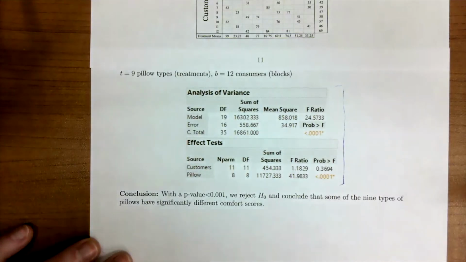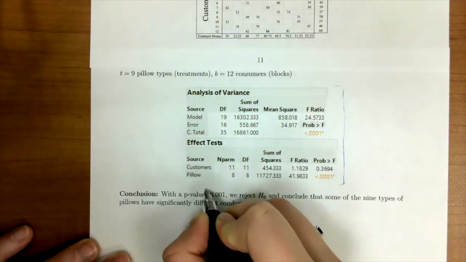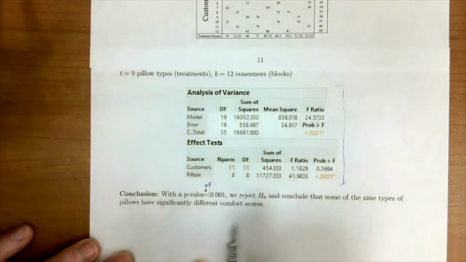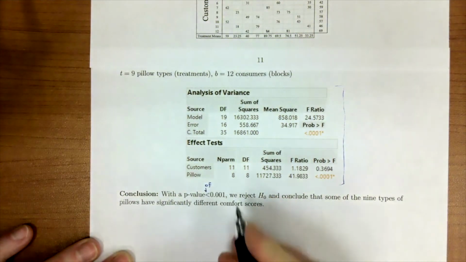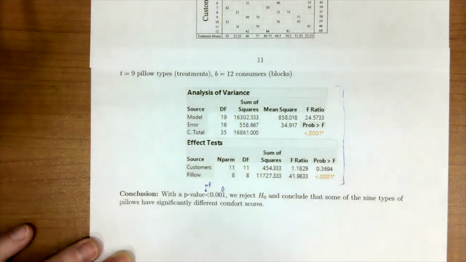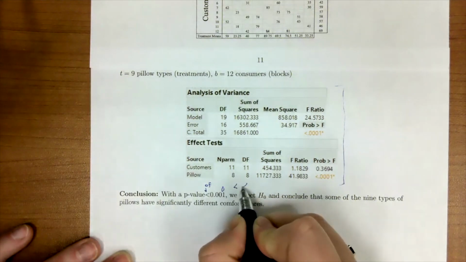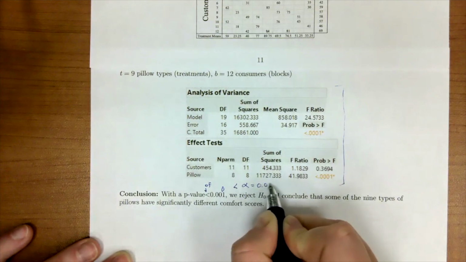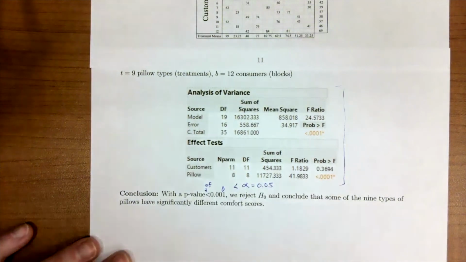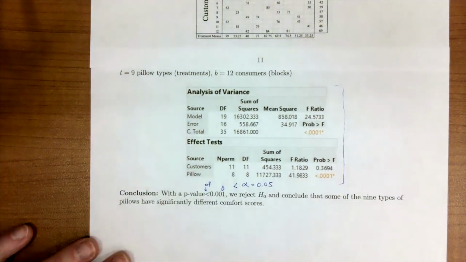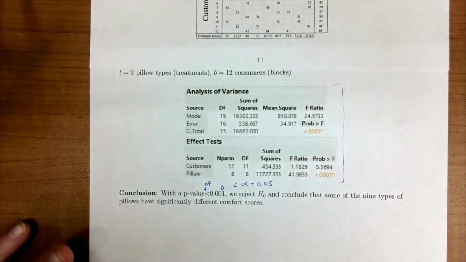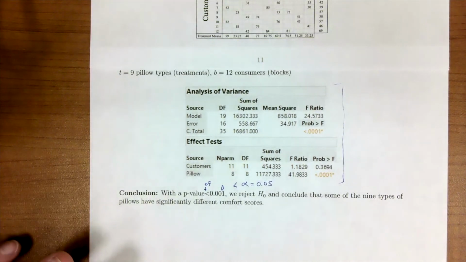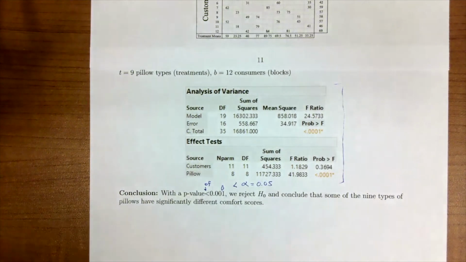So we see in our ANOVA table that we had a p-value of less than 0.0001, which is less than our alpha, which we're going to say is 0.005. So we're going to reject the null and conclude that some of the 9 types of pillows have a significantly different comfort score. Note that you can do contrasts with this type of